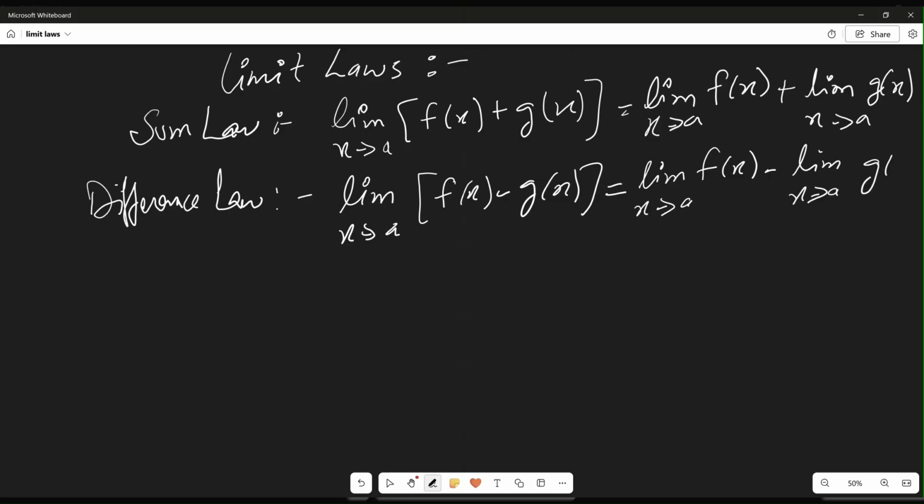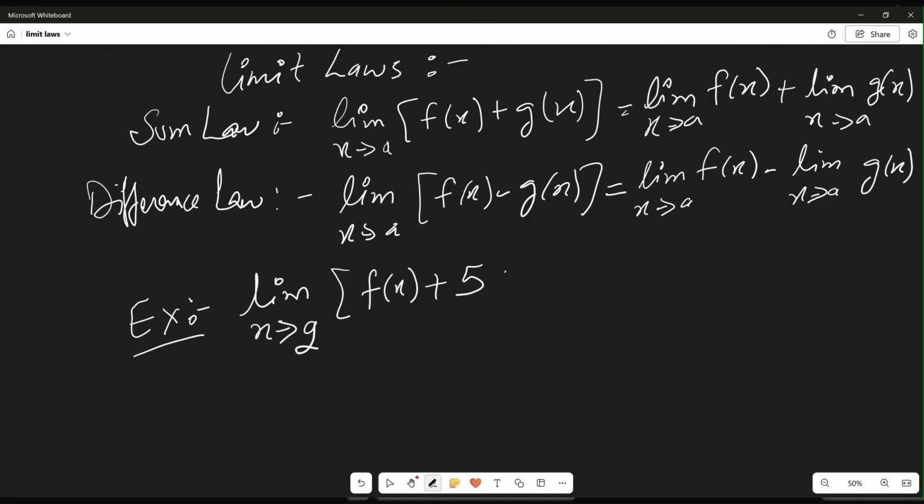And if we are going to solve, let's take a quick example. For example, limit as x approaches 2 of the function f(x) plus 5 times g(x). And how are we going to solve this problem? Since there's a positive sign, we are going to apply the sum law. So based off that,